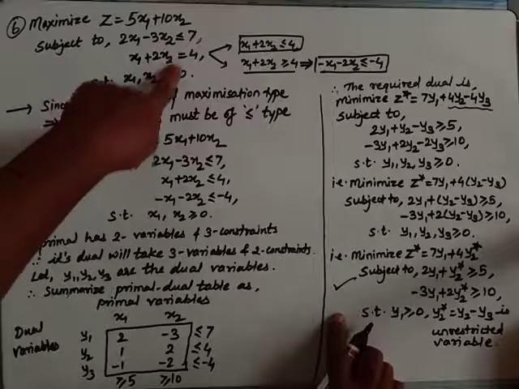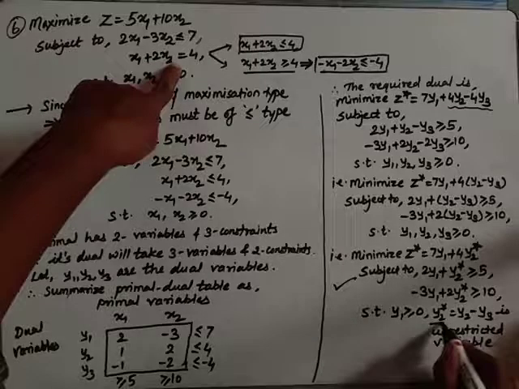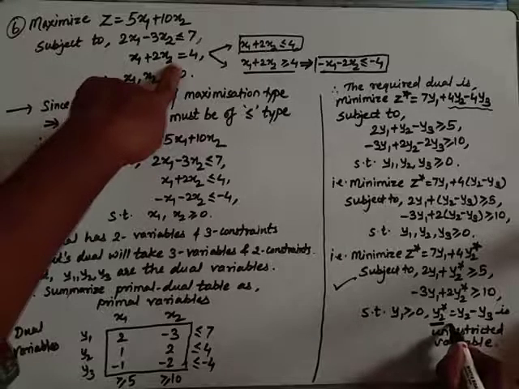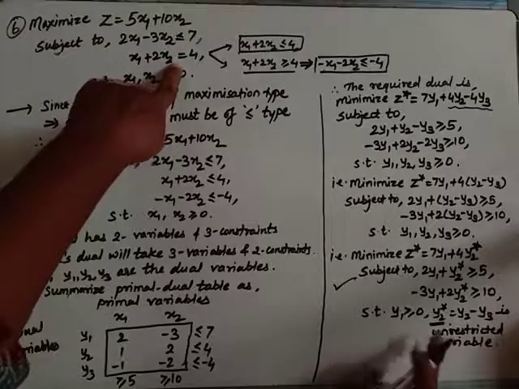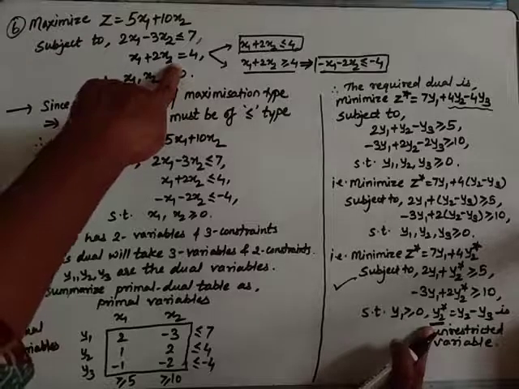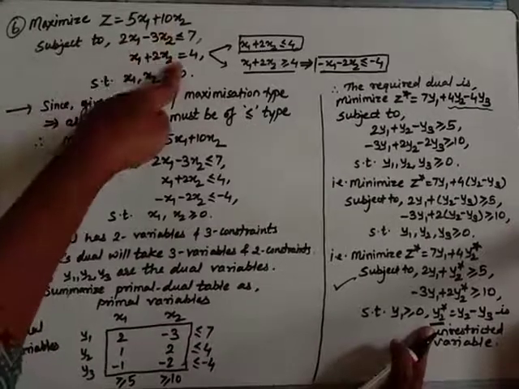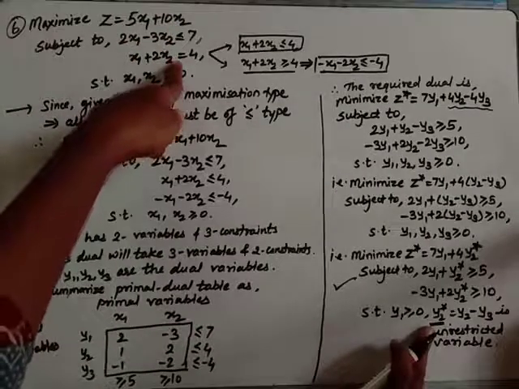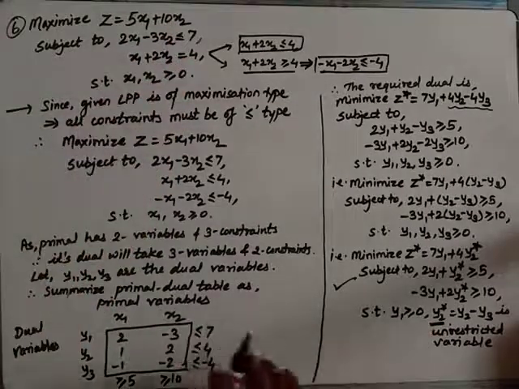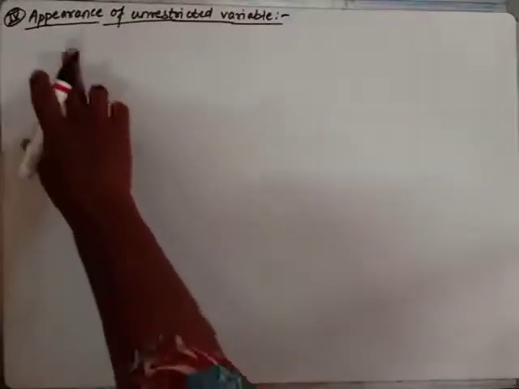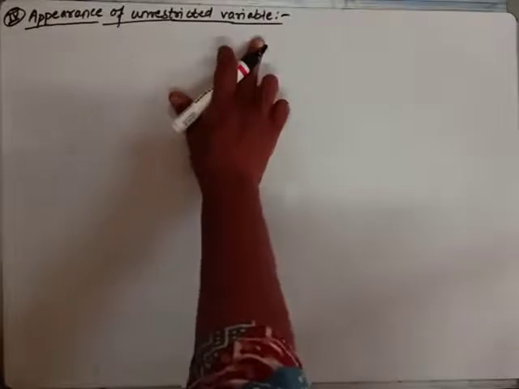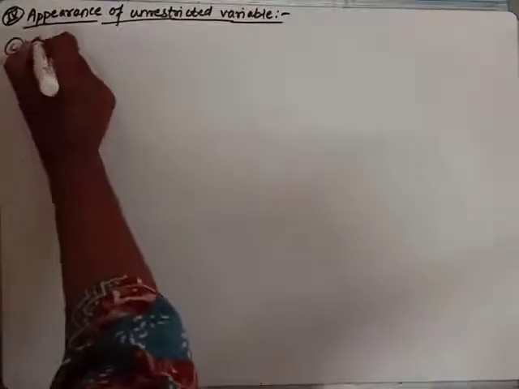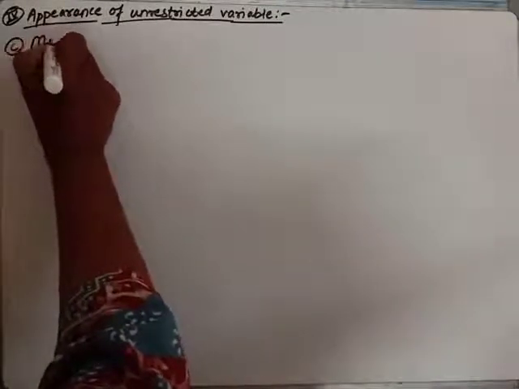So if equality constant is there, always remember there is an unrestricted variable. Now the next case we have to look at: if unrestricted variable is present, then it must give us equality constant in the dual. Let us see that type of problem. Now let us take the next type, appearance of unrestricted variable. So example for that, suppose minimize